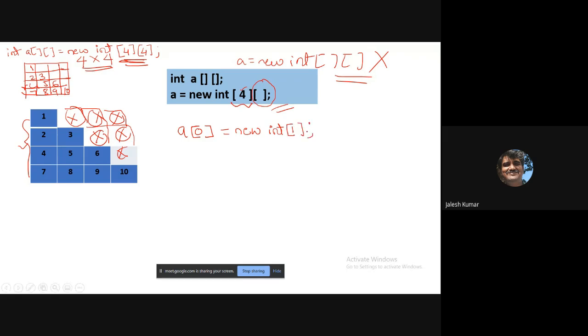See this, what you are mentioning is at the zeroth place you initialize for one element. At the first row you initialize for two elements, like that.